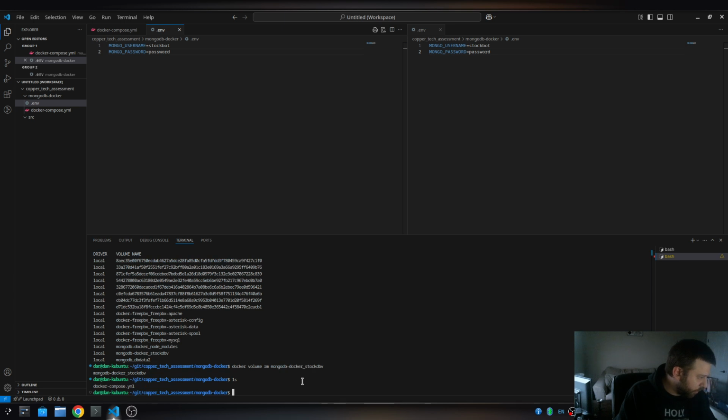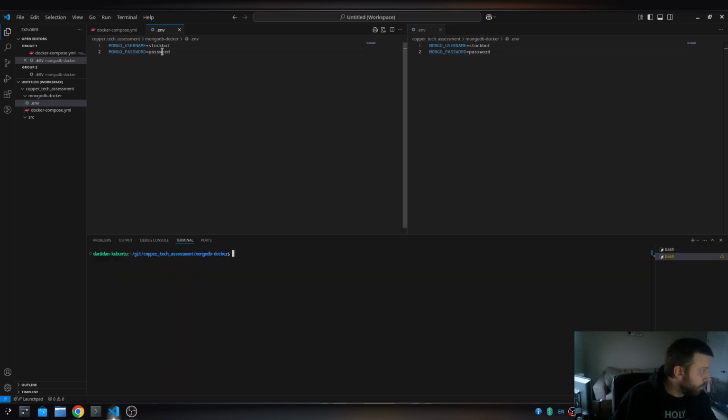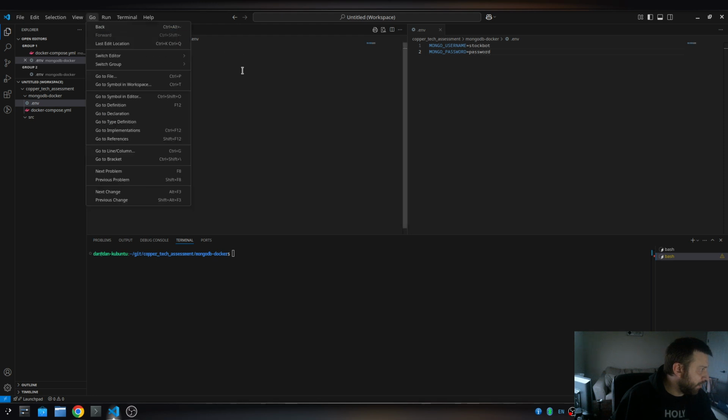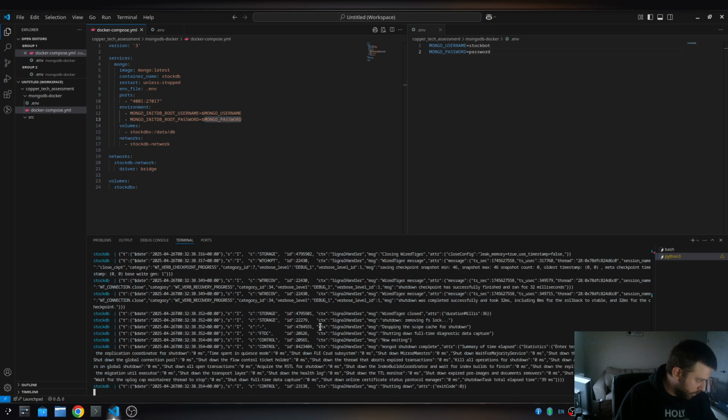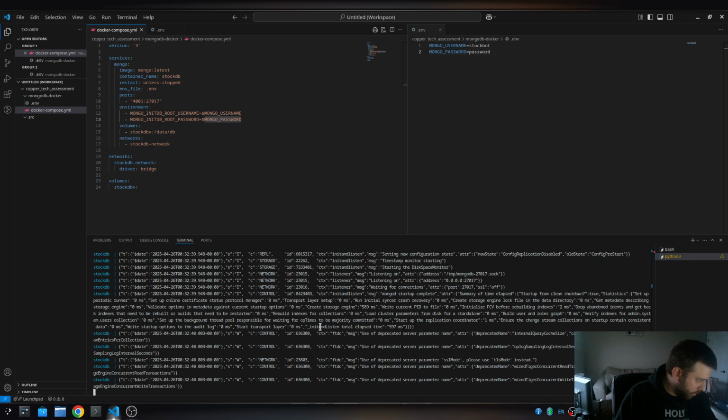Okay, let's try that again. So yeah, we just needed the username and password for root. All right, and we'll run it again. Okay, it looks like it's running. I'm gonna test it real quick with a